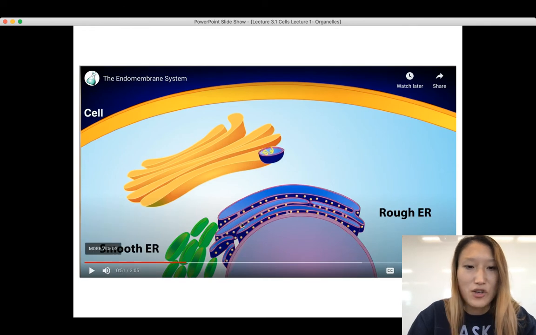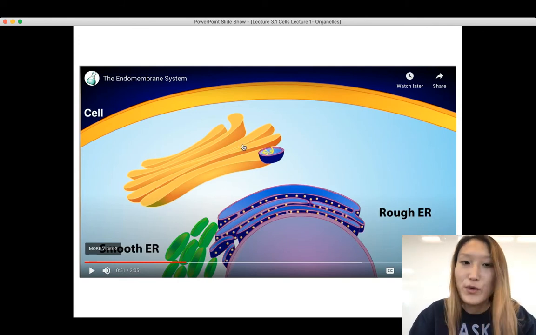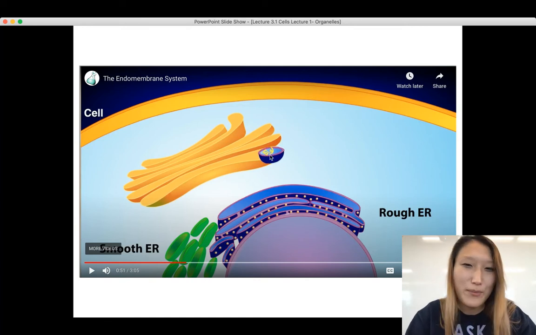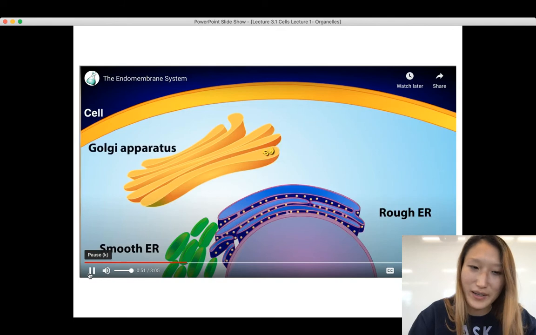All right, see what happens over here? The rough ER makes the protein, but then it ships it off using a little vesicle. Then this vesicle will move on to the Golgi, and this vesicle becomes a part of the Golgi. But this vesicle is also made out of the rough ER. It's kind of strange, but